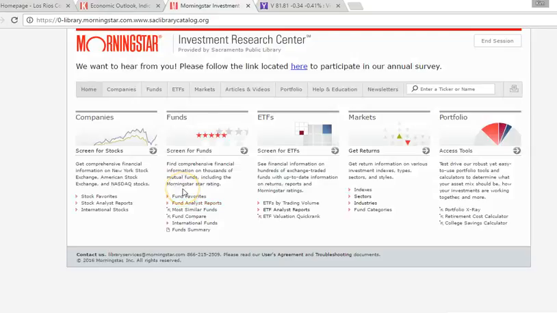So Morningstar is a private or a public company, actually, that's their job. They have a lot of analysts, and they research a lot of companies to provide good premium information for investment houses, for lots of people who use investments. Now, typically you have to pay for this information. So if you were to get it on your own, you would have to sign up and receive a subscription from Morningstar. Well, I don't want to do that. That's a waste of my money, and I'd rather spend my money on something else. So I just sign up online at the public library, and then I have access to all this for free,